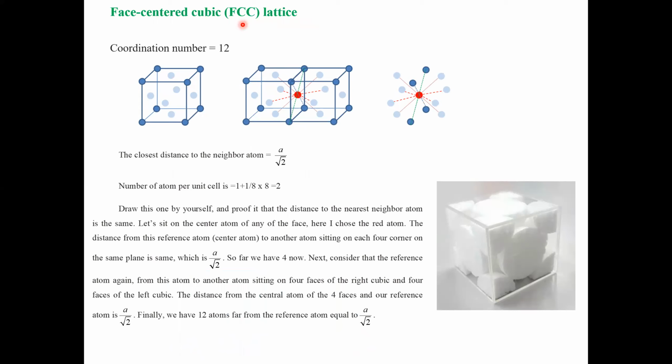Move to face center cubic lattice. Coordination number is 12. Let's see if we can make it 12. This one is a little bit tricky. Why is it a little bit tricky? Because right now, nothing in the middle, right? So there are 6